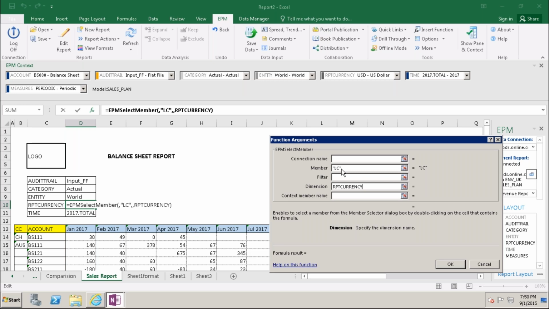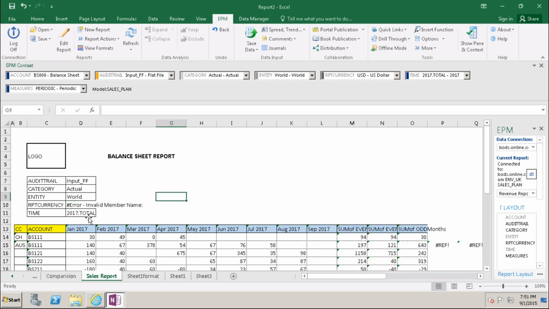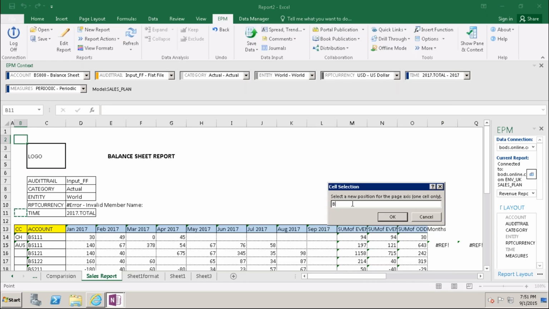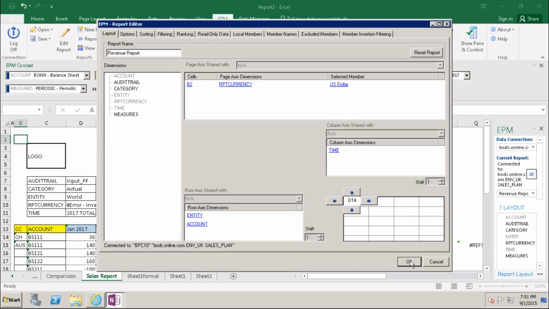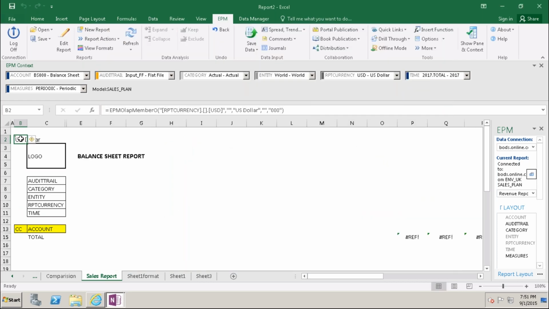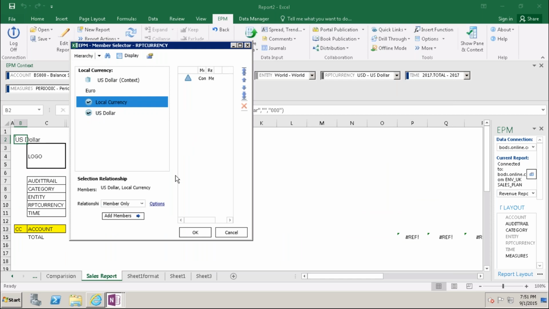But this is not work out for us. Just go here and where is my RPT currency? B11. Instead of B11 I will take B2. Okay, okay. So this one I am taking now.